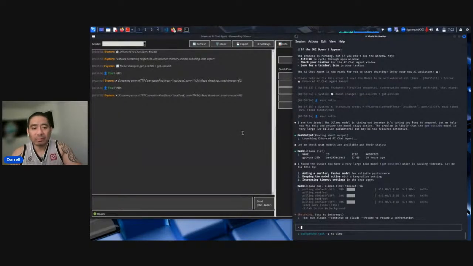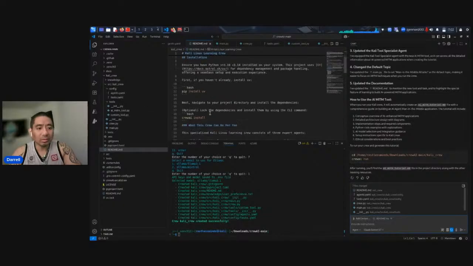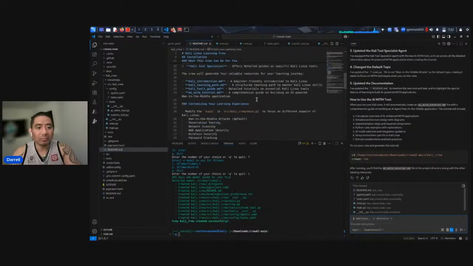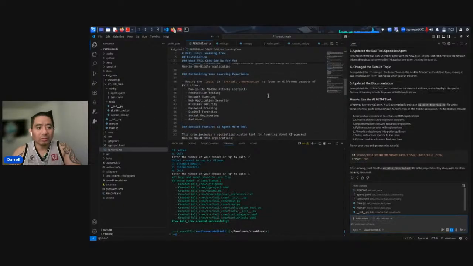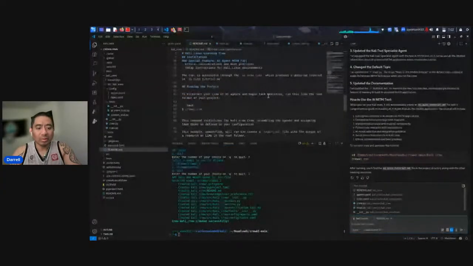So we'll let it do its thing. We're going to keep the GUI up, and we're going to go back into CrewAI. Now we're going to see how we can run this without training the crew.